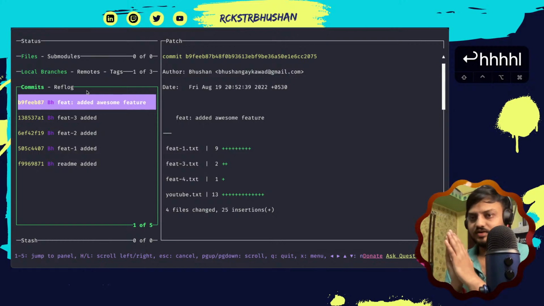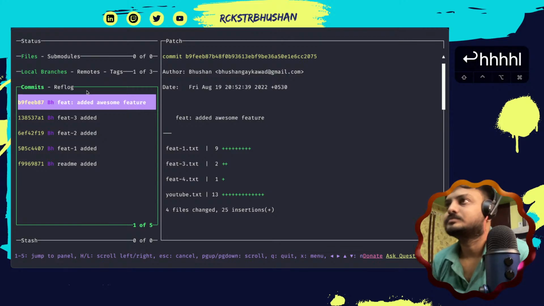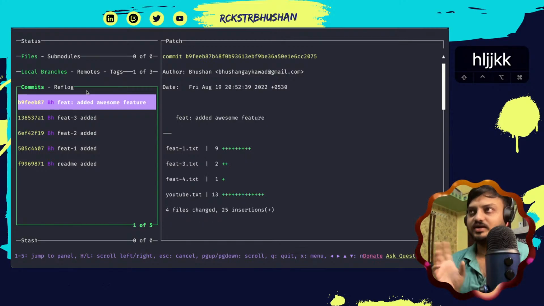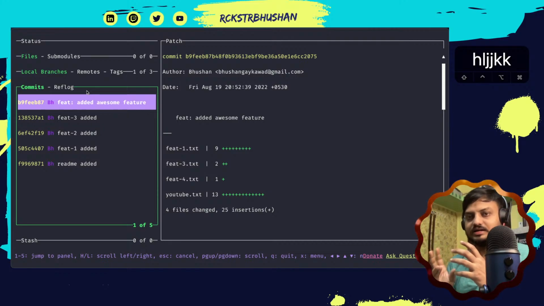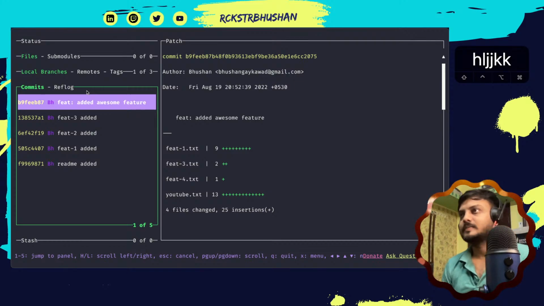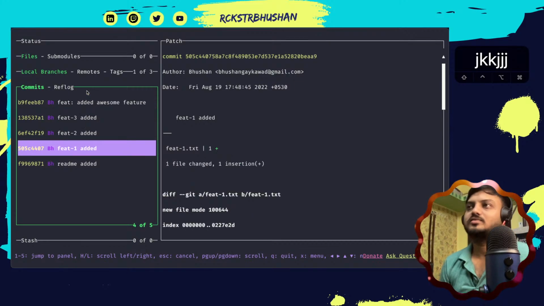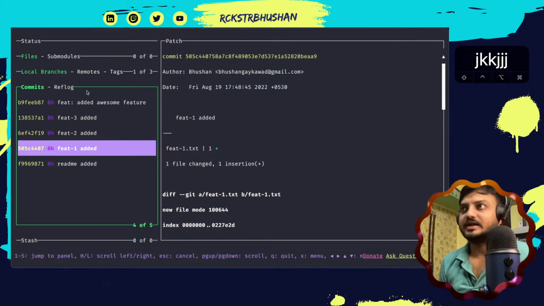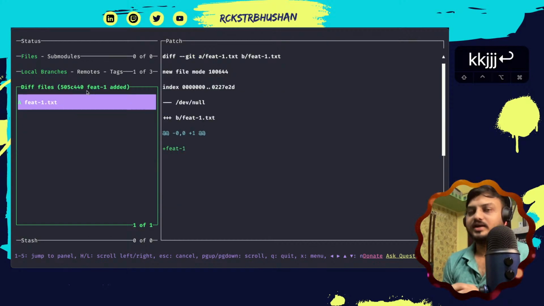But now we'll go step by step slowly with simple features, right? Now you know how you can add those files or soft reset those files and then create a new commit on top of those changes, right? But what if I want to know what was actually added when this commit was added? So I can simply press enter, right? And when I press enter,